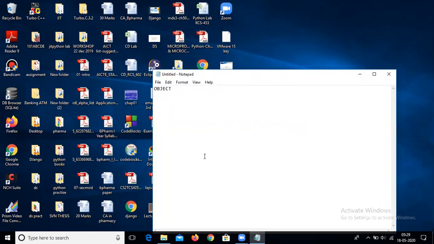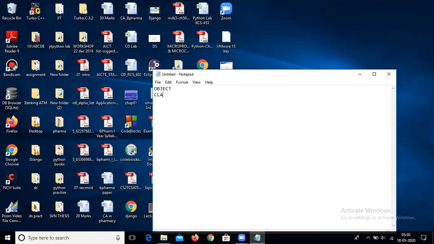An object is anything which we can recognize by its identity, meaning it has some features. We can recognize it by its features, like your mobile phone: your model number, your company brand name, and the features like what processor is used by your mobile, what the display is, and what the size of the screen is. These are all the features by which we can recognize the object. This is a very simple concept. Now let's come to the next topic,